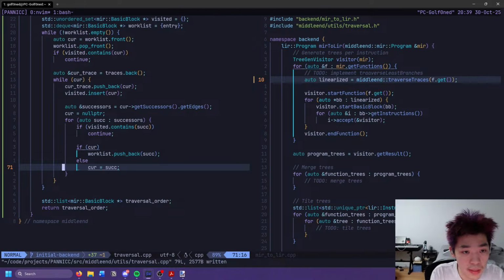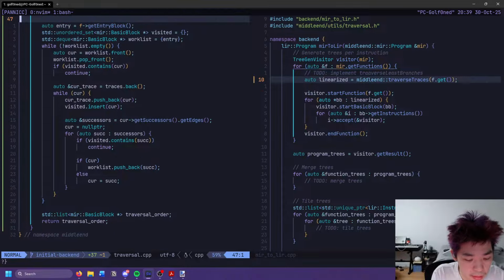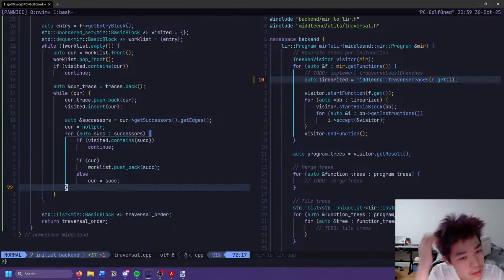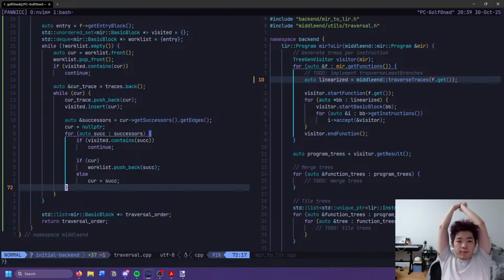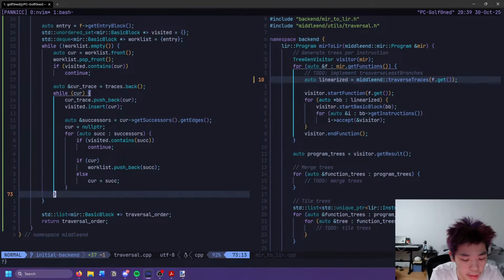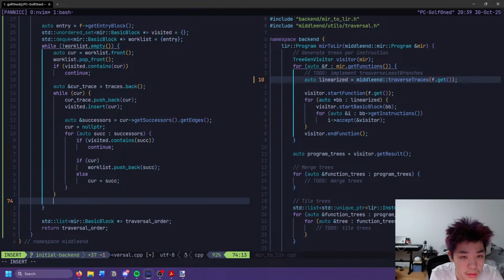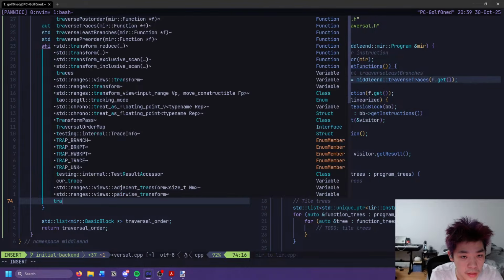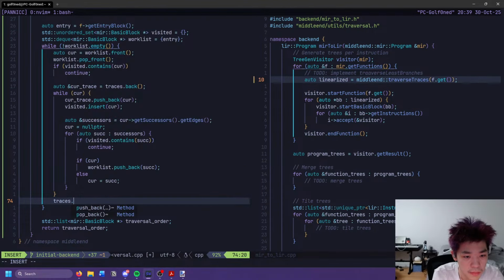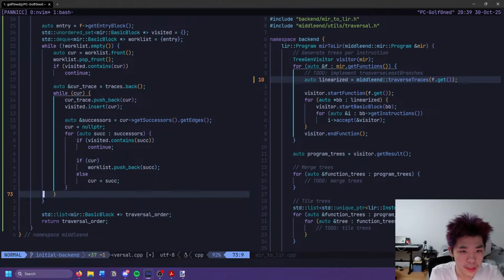And then this sets cur until the point we visited every successor. And then we have a trace, so then yeah, we can actually